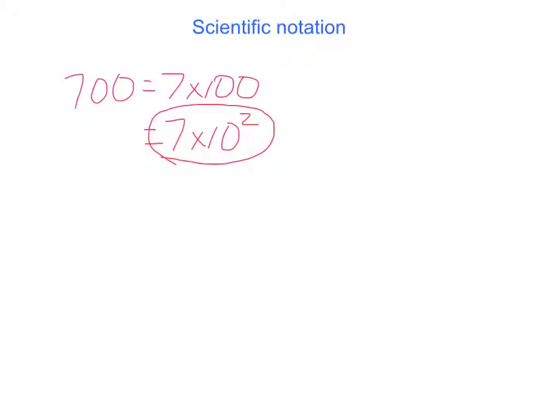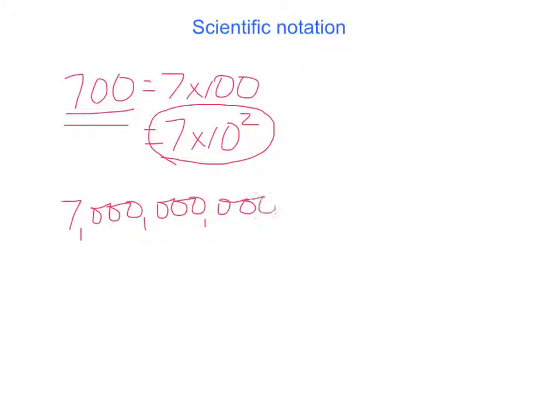Okay, we know that 700 is the same thing as 7 times 100. And 100 is 10 squared. Okay, so this is going to be, a lot of times, something easier to deal with than the number 700. Okay, we can do a really big example, like, say,